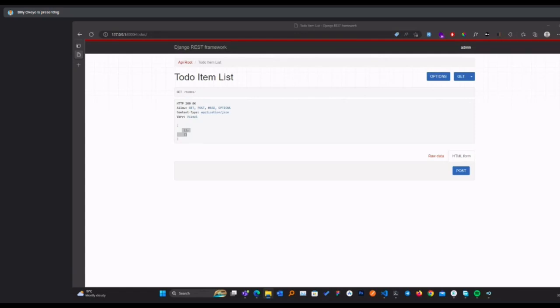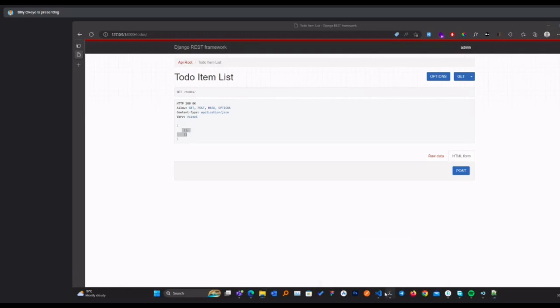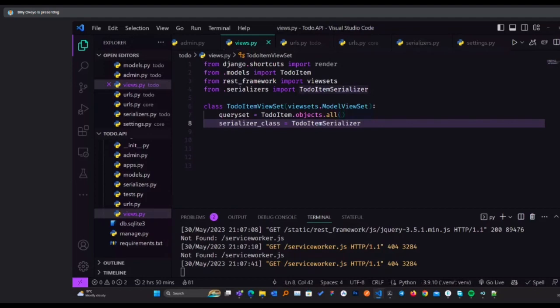So how we are going to handle that is, there's something that we missed. I'll go back to the views. Specify to-do objects all. Actually, that's okay. So probably in serializers.